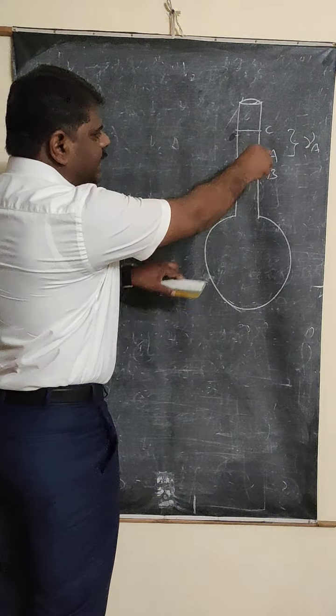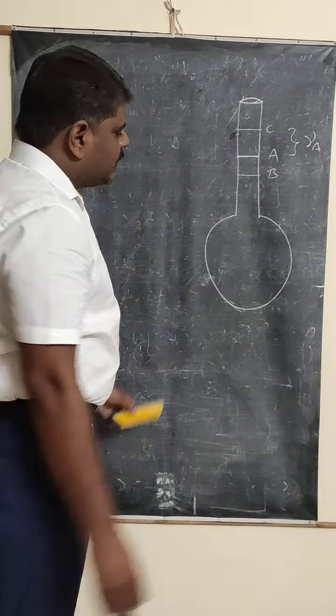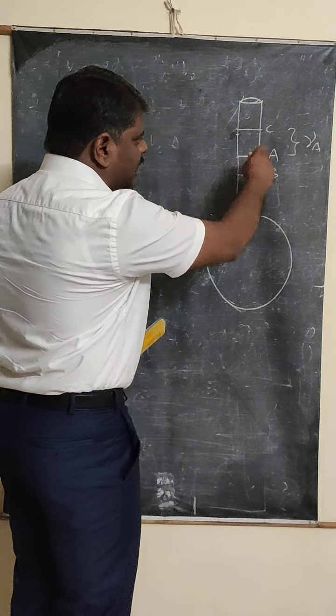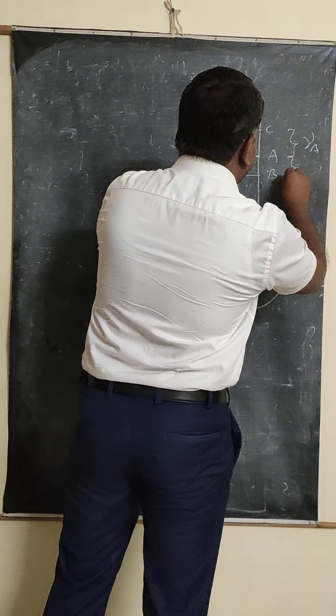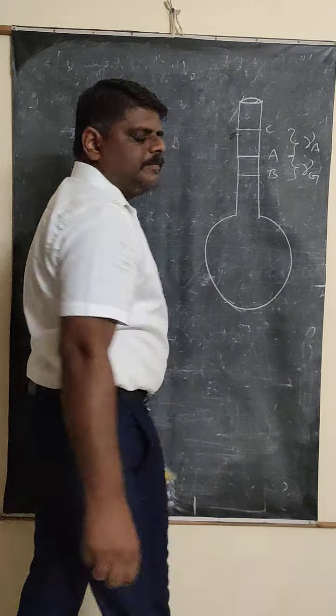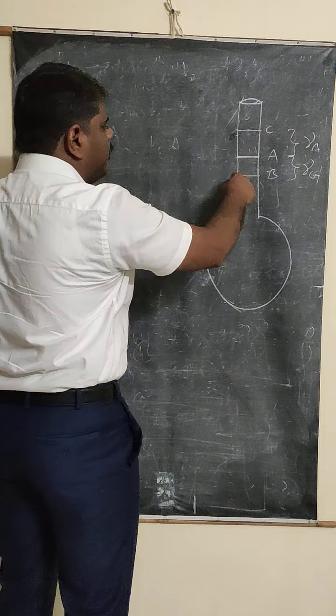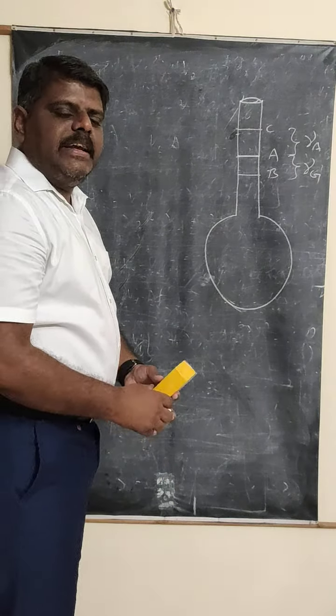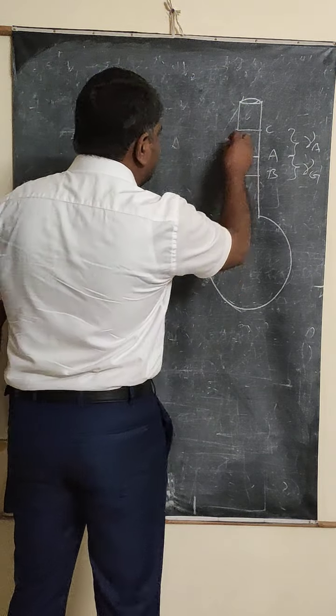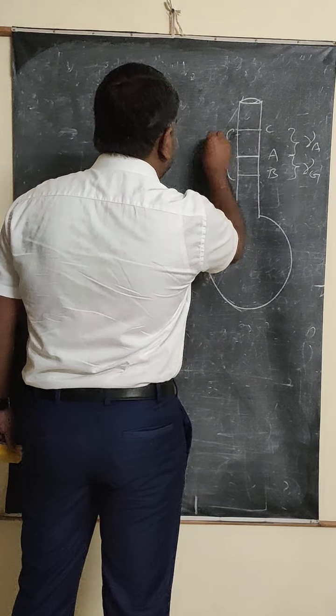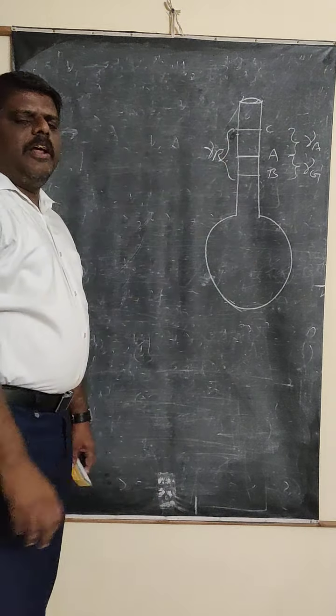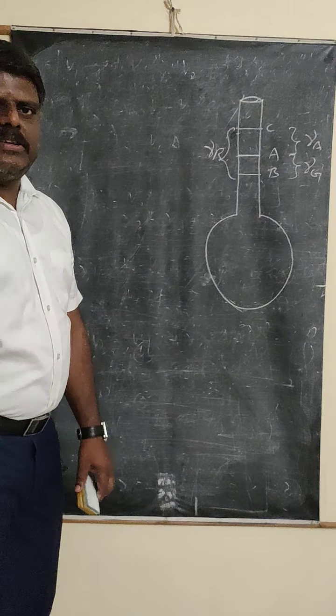After that, this AB represents the expansion of the glass flask, because the glass flask is expanding. That's why it is coming A to B. So that's why it is represented by gamma G. And what about this BC? Actually the liquid is expanding from B to C. That's why this BC is called gamma R. I think all of you know these concepts, we already discussed them in the last class.